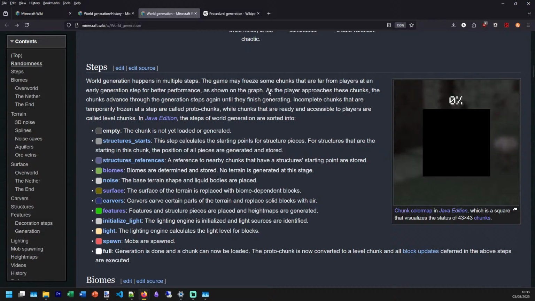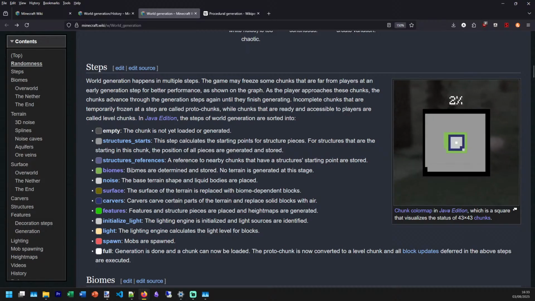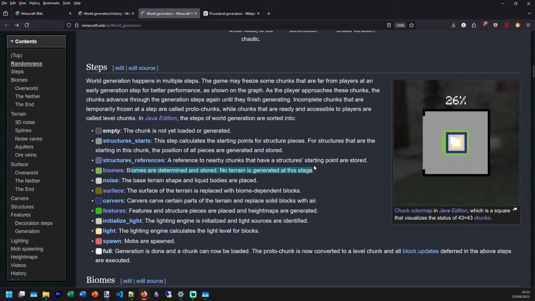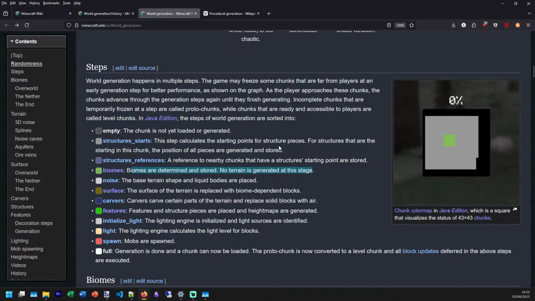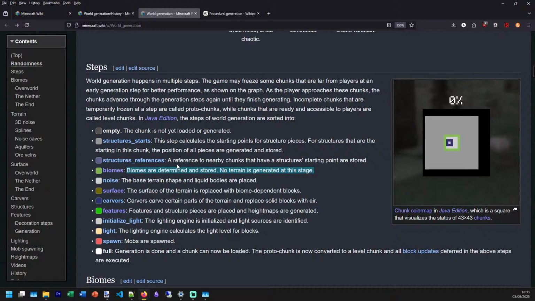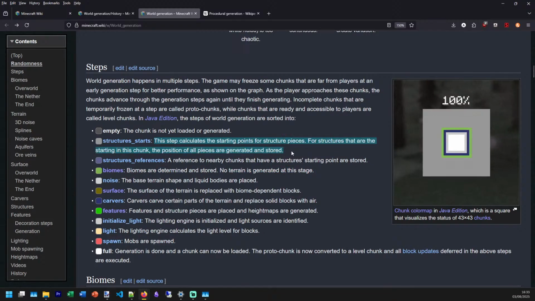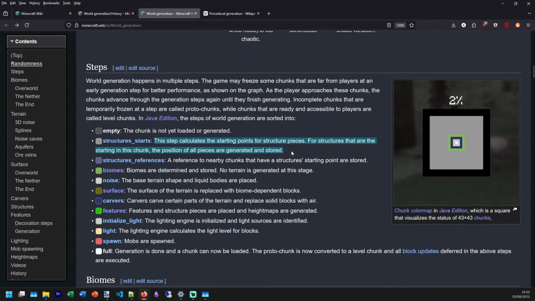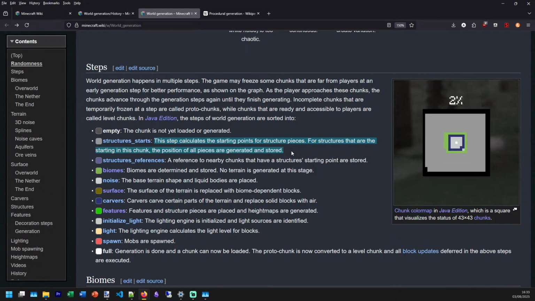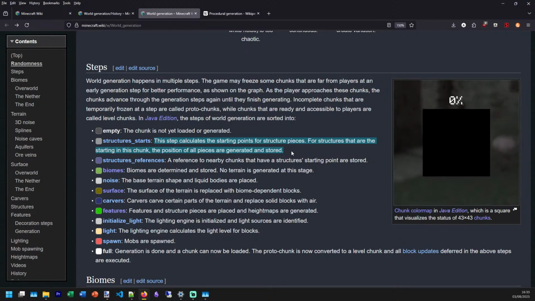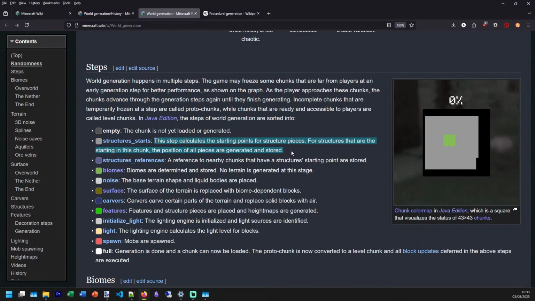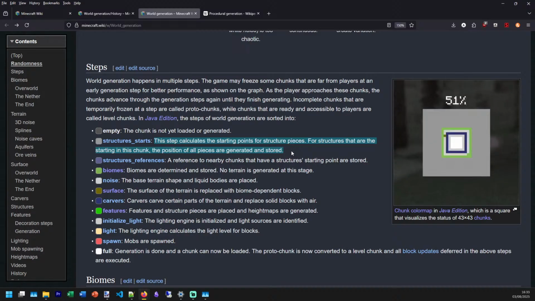How does it know? Wait. So we have biomes. Also, they're changing this up. The new UI is really weird. So we have biomes. But how do the biome-specific structures get placed there? Like, how does it just know that a village is a desert village in a desert? Unless it just fails.